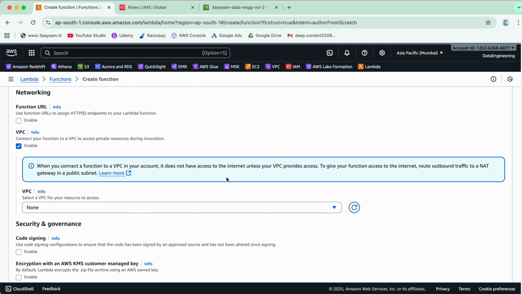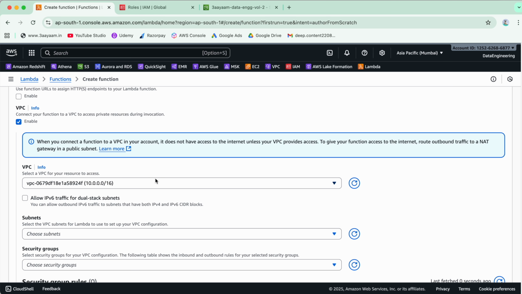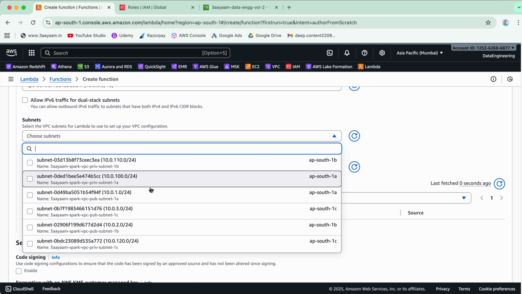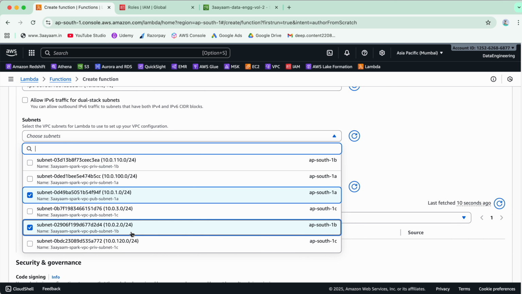Of course, you should enable VPC, and I'll be selecting the 3IAM Spark VPC that I have been using so far. And the subnets would be the public subnets only. I'll not use private subnet. So as of now, this is the first subnet, which is public subnet 1A, public subnet 1B, and public subnet